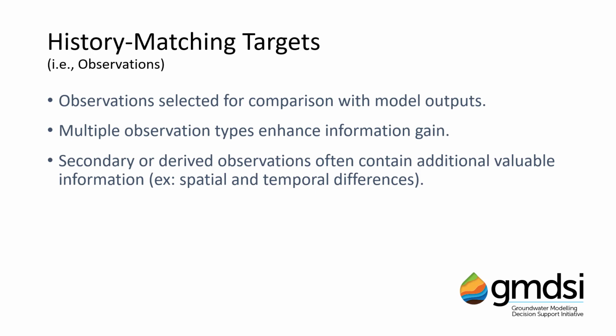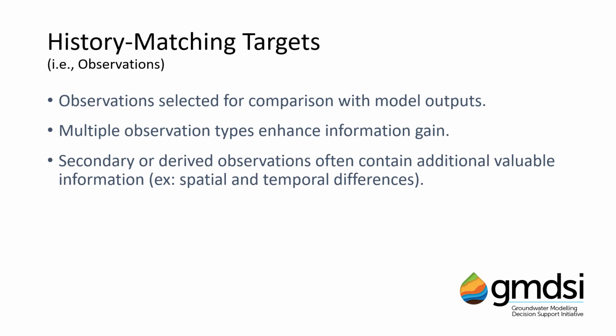As a rule of thumb, including multiple types of observation improves the amount of information which can be gained during history matching, in particular where these may inform combinations of parameters which are otherwise unidentifiable, such as, for example, a combination of head and flow observations to inform the ratio of recharge and transmissivity. Observations which are likely to inform parameters that affect a prediction of interest should be prioritized. So, for example, for a contaminant transport model, ideally you want to have observations of both head and contaminant concentrations or other observations from which you can infer transport parameters.